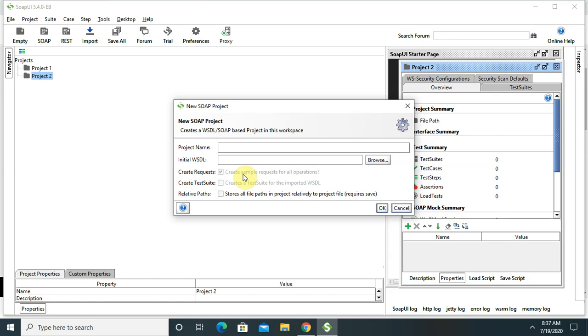SOAP UI simulates high volume and real-world load testing with ease. It allows advanced custom reporting to capture performance parameters, and it allows end-to-end system performance monitoring.